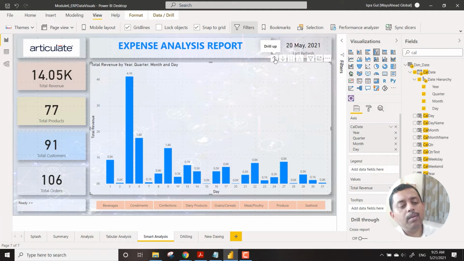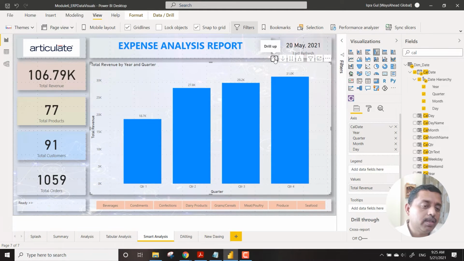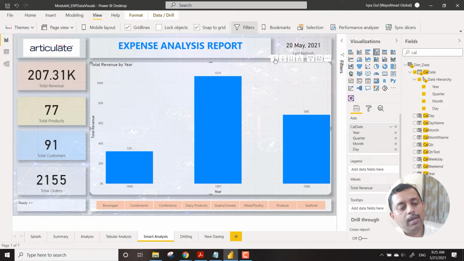Now here I'm not able to analyze it from the perspective of what has happened overall to the organization. I was under the impression that in 1997 we did good, and 1996 and 1998 not so good. Now we see the perspective changes. We go up, and we have the year format.